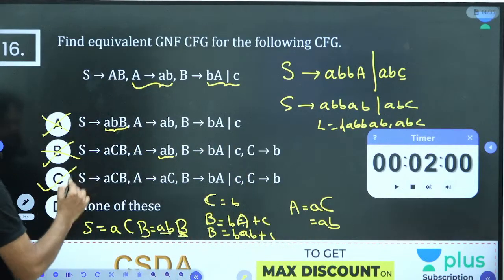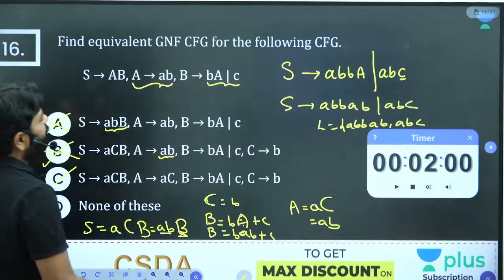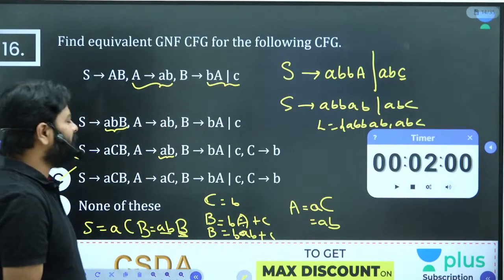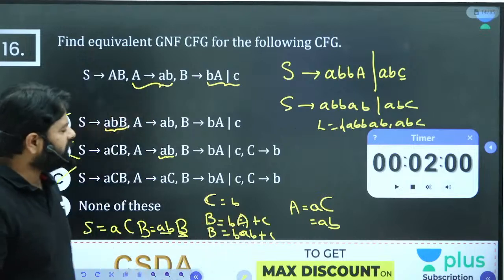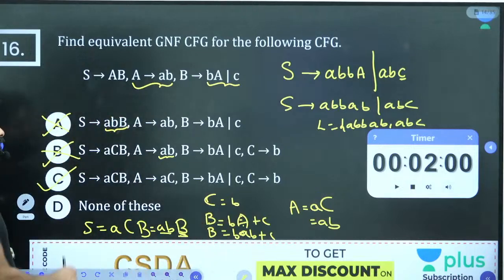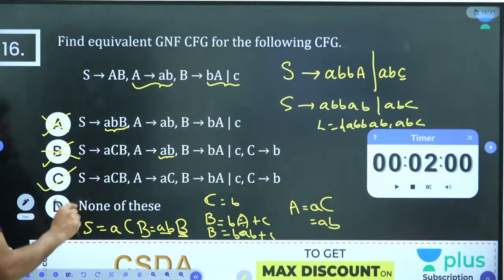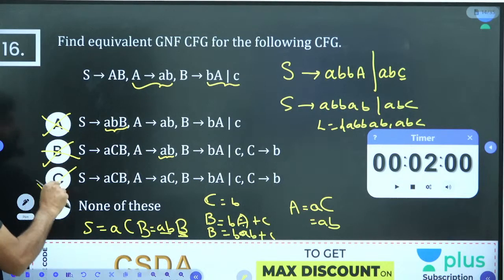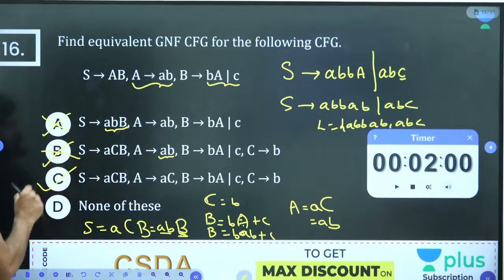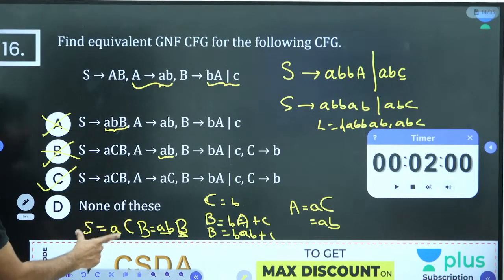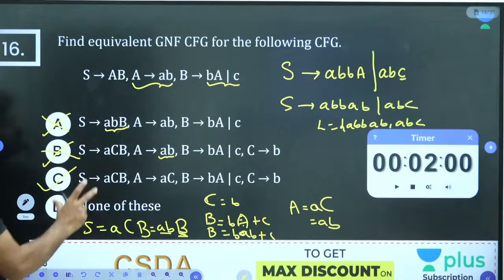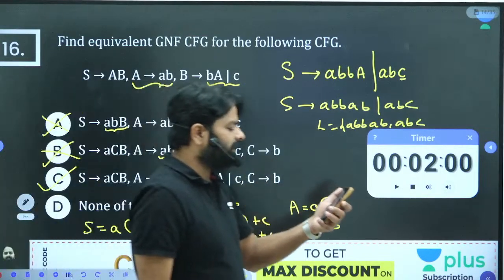Absolutely, C is the right answer. I had completely forgotten that C from my mind. Anyhow, you got the answer. C is the right answer. If D could have been the grammar, it was very easy to delete because of none of this. We verified C is the correct one. Even one small change in this grammar could have made it wrong, right? So these are exactly the two strings generated from the grammar.